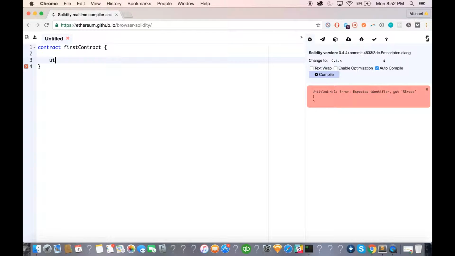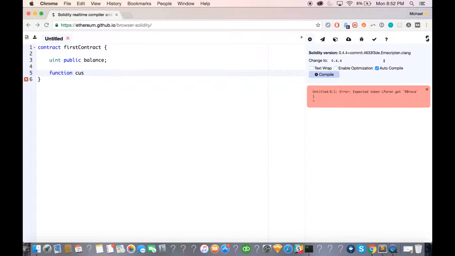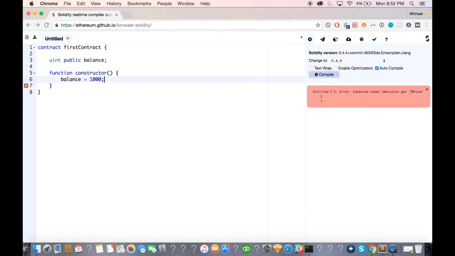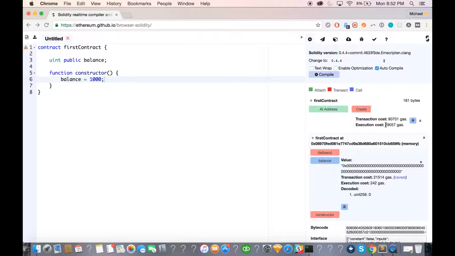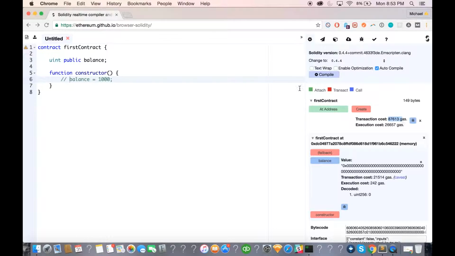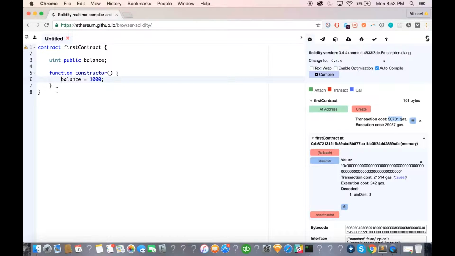So if you add in a variable, you can see that it adds the amount of gas that it costs, because storing balances or variables costs gas. So you can see if you take that out, it only costs 87,000. Whereas if you keep it in, it costs 90,000. And also functions